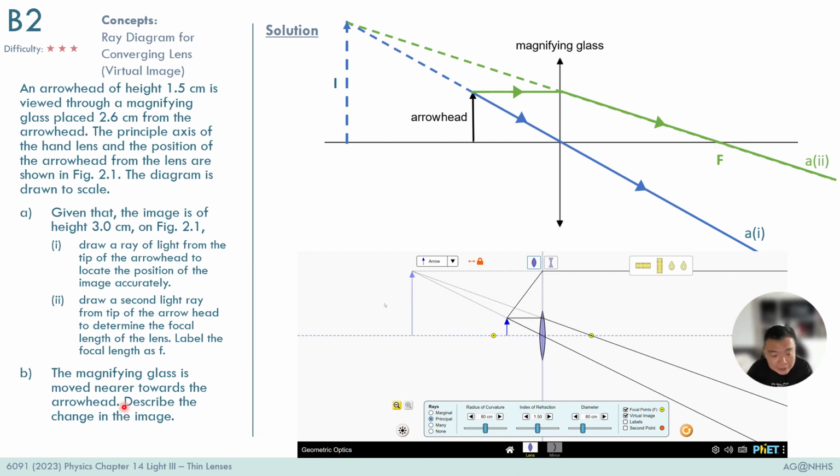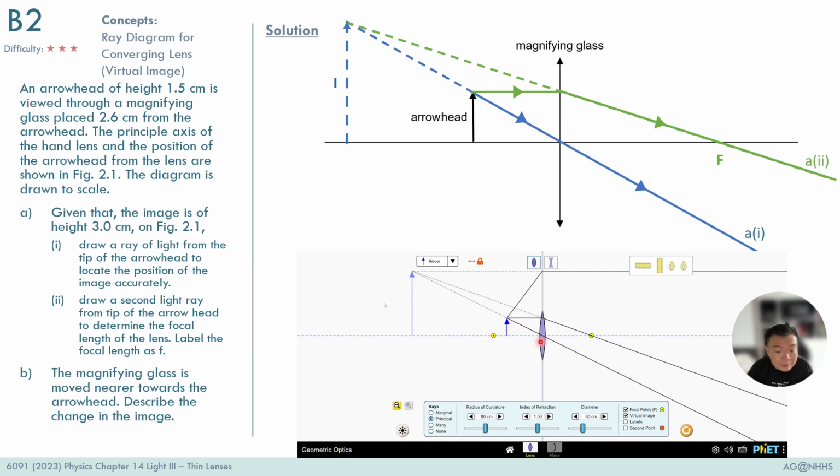Now in part B, the magnifying glass is moved nearer to the arrowhead. When I move this magnifying glass nearer to the arrowhead, or when I move the arrowhead nearer to the magnifying glass, is the same thing. What happens to the image? So if you notice, when I shift the object towards the lens, or the lens towards the object, there's no change to this horizontal light ray. No change at all. All right, so this virtual light ray will be the same,